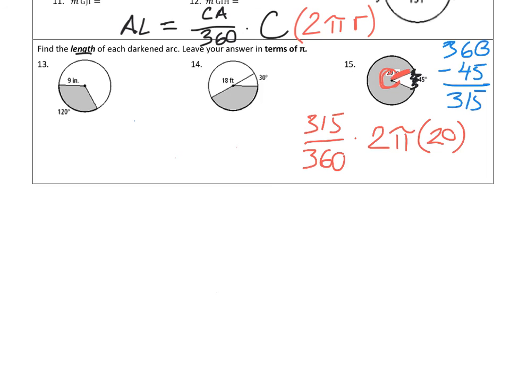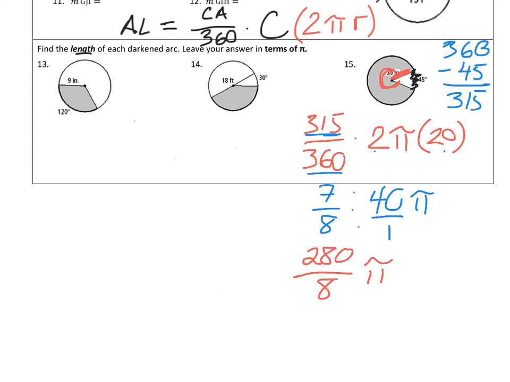So once again, I'll multiply these two together, which gives me 40 pi, and before I move on, I'll try to reduce these as much as I can. And I can divide both of them by 45, which gives me 7 over 8. But then, once again, remember, I still have to multiply these. So I'm multiplying straight across with my fractions. 7 times 40, which is going to give me 280. 8 times 1, 8 pi. Last thing I want to do is reduce this. And it goes in evenly. 280 divided by 8 leaves me with 35